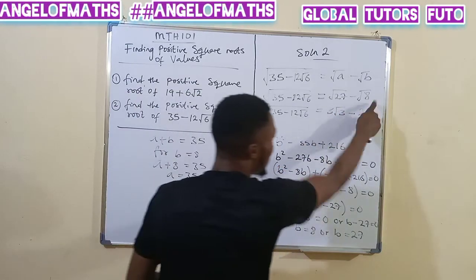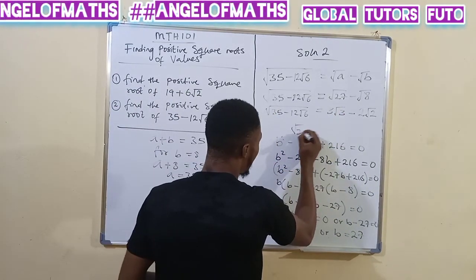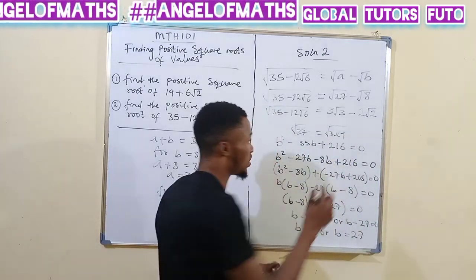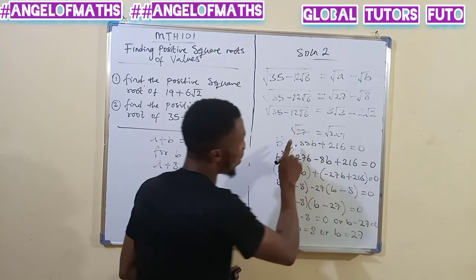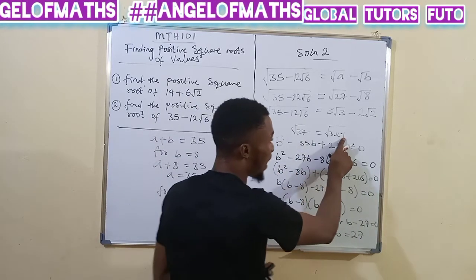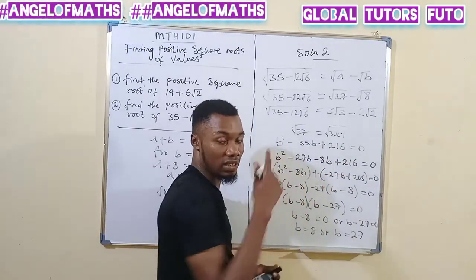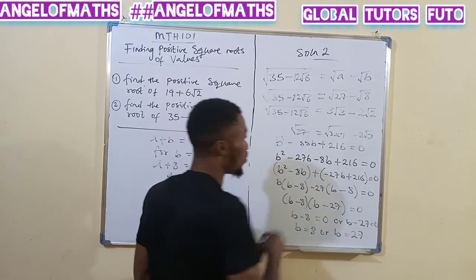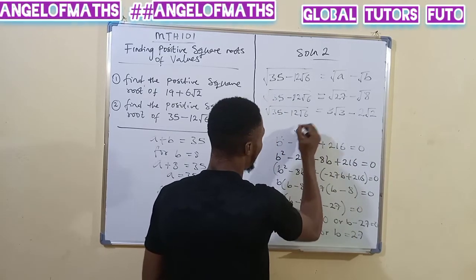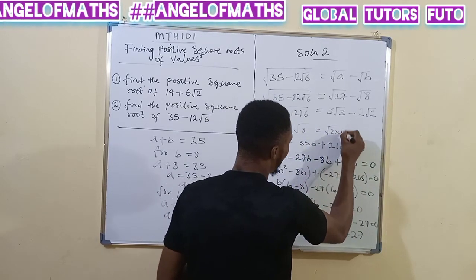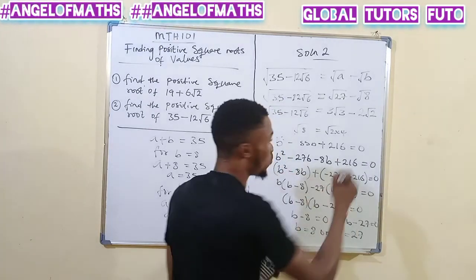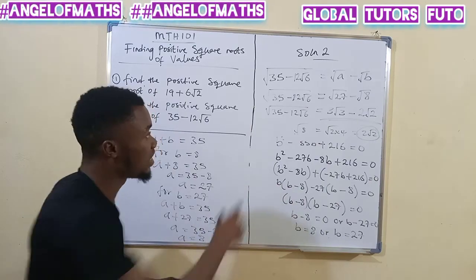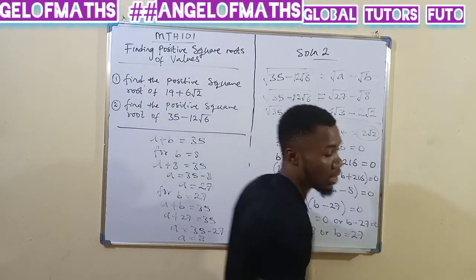Okay? This is 27 and this is 8. So what I did was that the square root of 27, I did it in this form. 3 times 9 is 27. 9 has a perfect square, which is 3. So it gave us 3 root 3. So you still do the same thing for this one. The square root of 8, which is the square root of 2 times 4. 4 has a perfect square, 2. So it will now give us 2 root 2. So that's how we got this. If you press this in the calculator, it will still give you the same answer as that.